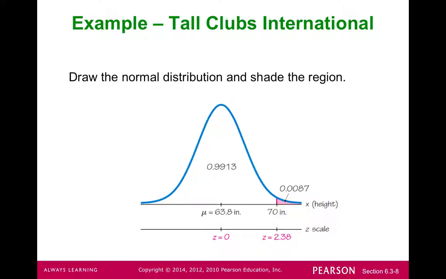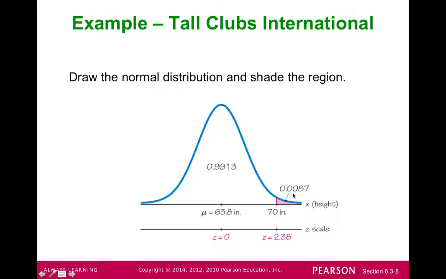Now, for the purposes of this problem, we want to know the percentage of women that are taller or greater than this 70 inches. So we actually need the right-hand side. So just like we did in the previous section, we're going to subtract from 1 the left-hand side, so 1 minus 0.9913, to get the other side, the right-hand side, which would then be